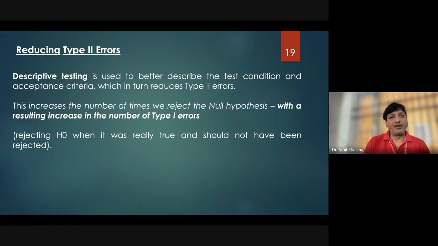It does not mean that on this side you are reducing type 2 error and you are not looking at type 1, which is by default increasing, or vice versa. So two methods will be accepted for reducing the error. Make sure what type of confidence interval you have taken for your study. At the same time, check whether the sample you have chosen is sufficient to prove what you have quoted in your hypothesis.